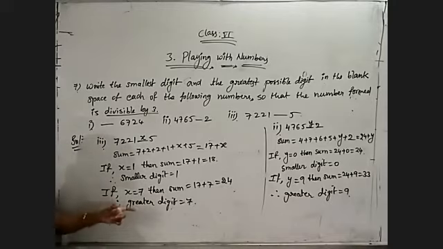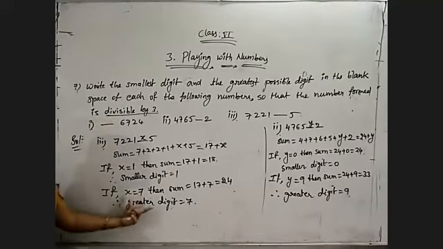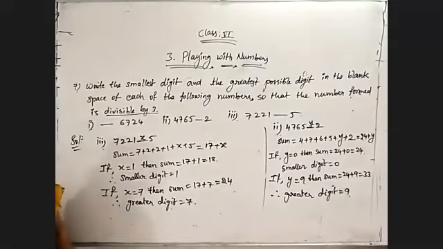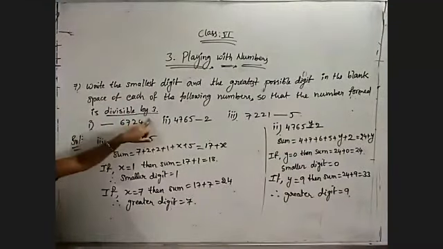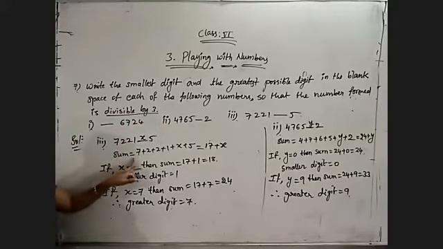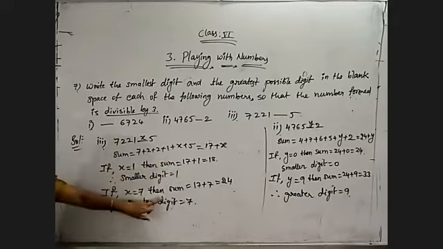So what is the smaller digit and the greater digit? By placing them, whatever number is coming must be divisible by 3. So they are asking indirectly the divisibility rule of 3. That's why I am checking with the divisibility rule of 3. Once again, in this question they asked about divisibility by 3. What is the divisibility rule of 3? If the sum of the digits is a multiple of 3, then only is it divisible by 3.